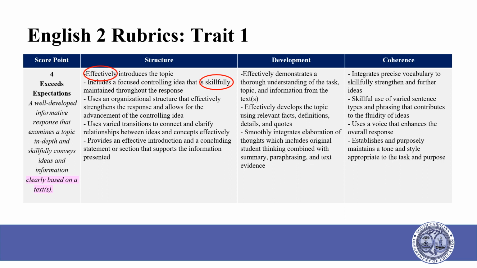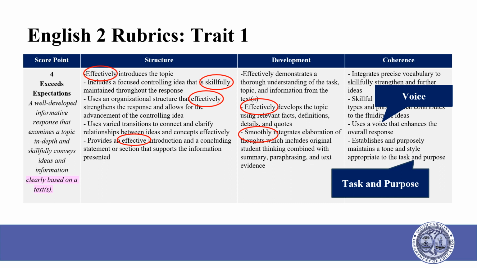The responses scored by the range finding committees will then be used by our testing vendor to train the scorers on the expectations of students writing at each score point. The expectations will be communicated to the rest of the ELA teachers in South Carolina when the SCDE releases scored and annotated student responses and samples. You will notice that voice appears in the 4 score point. And just a reminder, the task and purpose are provided to students.